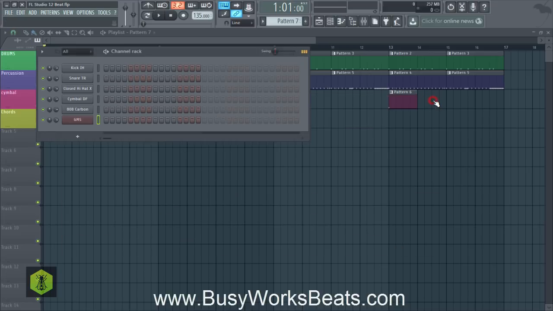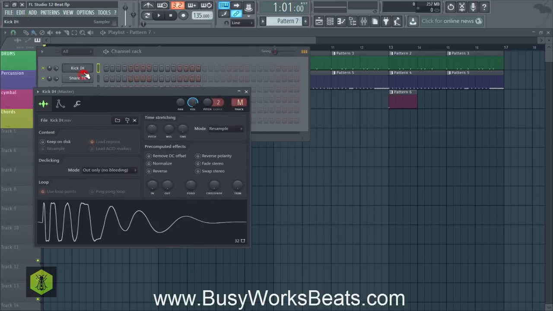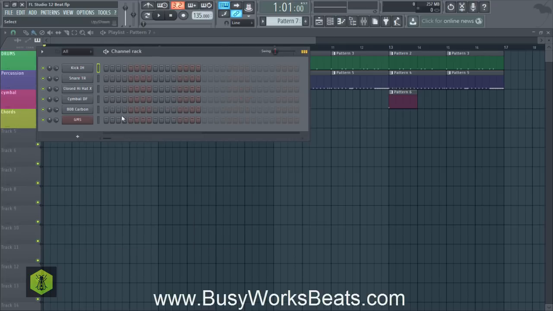So let's X out. And remember, we have to send the sound to the mixer, which we haven't done yet. We're going to do that later once we compile all the sounds in the mixing stage. So we're not going to send anything to the mixer yet, but keep in mind that you want to watch the volume as you go on.